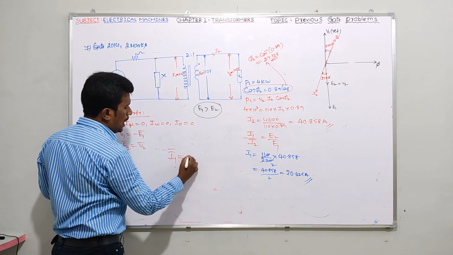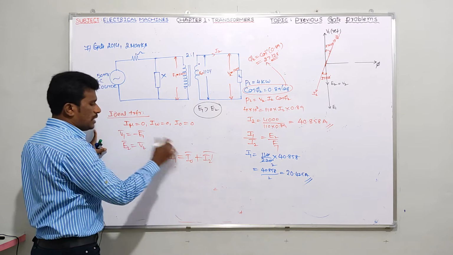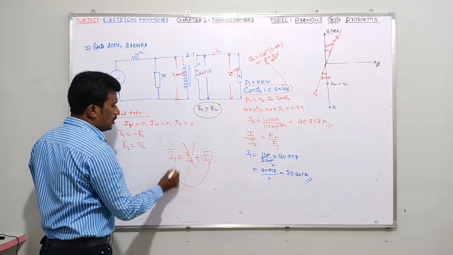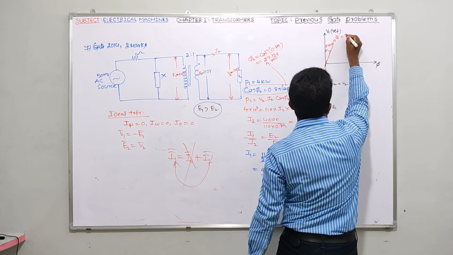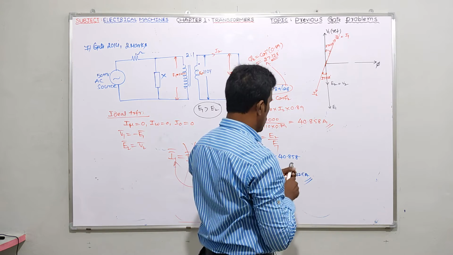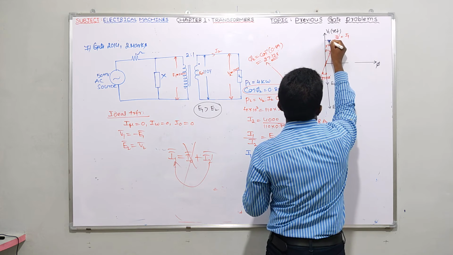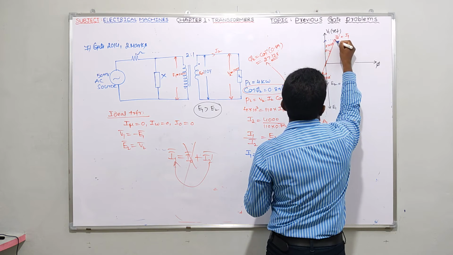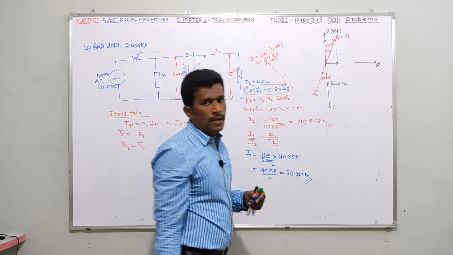Now please tell me, already you know I1 bar in the primary side: I1 bar equals I0 bar plus I2 dash bar. If it's an ideal transformer, I0 is negligible, so in place of I2 dash I can write I1. Now tell me, for this I1 vector you have two components, one along the y axis and one along the x axis. Yes or no?